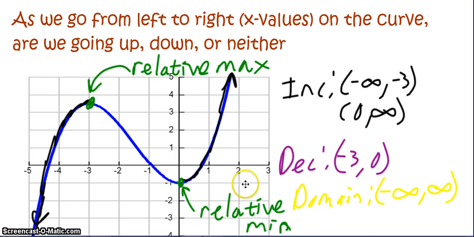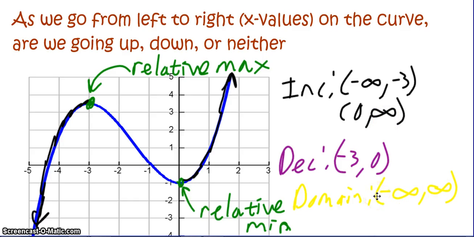So if the function is constant, and the domain is all real numbers, your increasing and decreasing intervals should connect to each other. So notice that I go from negative infinity to negative 3, negative 3 to 0, 0 to infinity, and that covers my